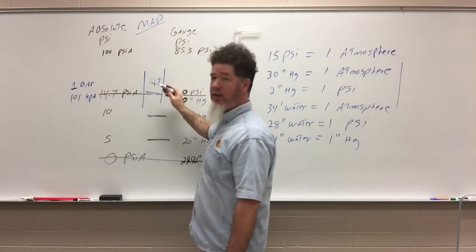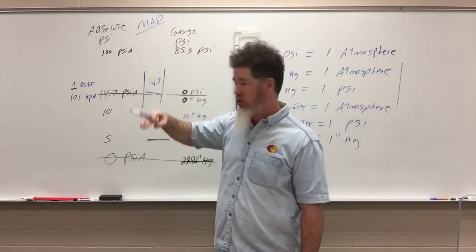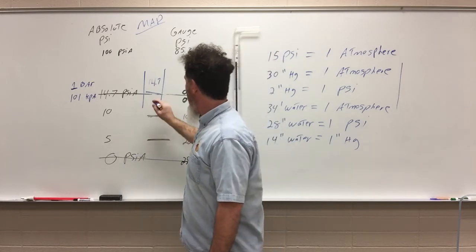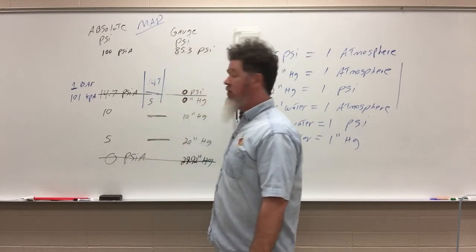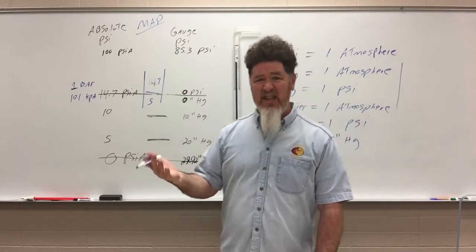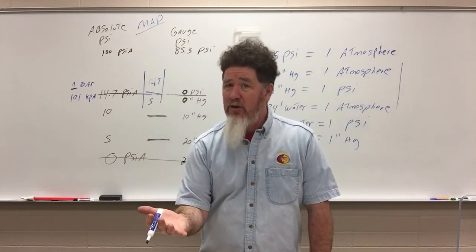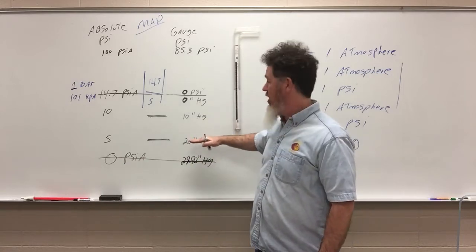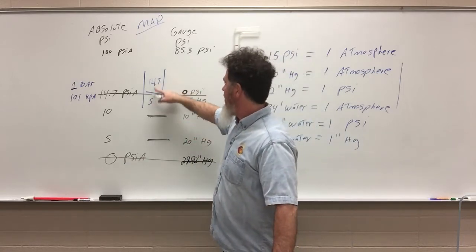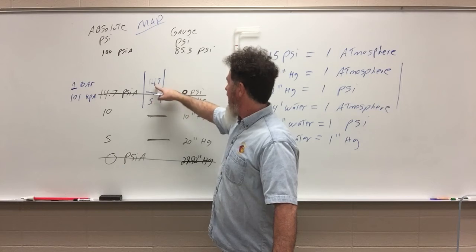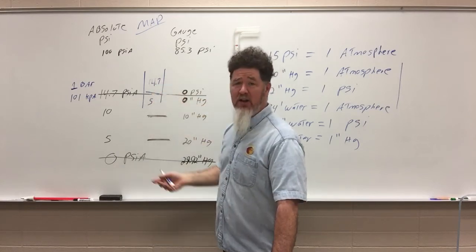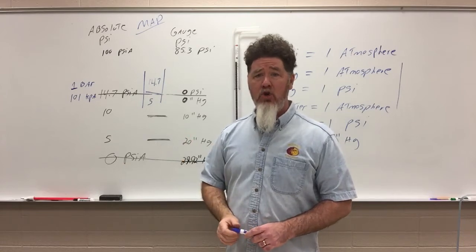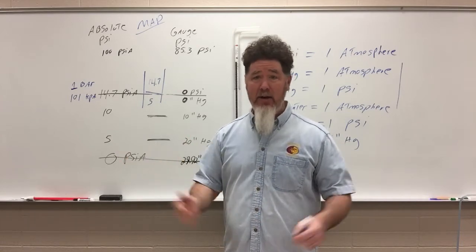I have 14.7 PSIA on the top of that throttle plate, atmospheric pressure pushing in. And if I'm at 20 inches of vacuum, I have 5 pounds per square inch still in that cylinder. It's not a perfect vacuum. Engines don't make a perfect vacuum; around 20 is pretty good. So if I look at the pressure drop across that, 14.7 minus 5 is around 10. So the answer is that you have about a 10 PSI drop across your throttle plate at idle, at 20 inches of vacuum.